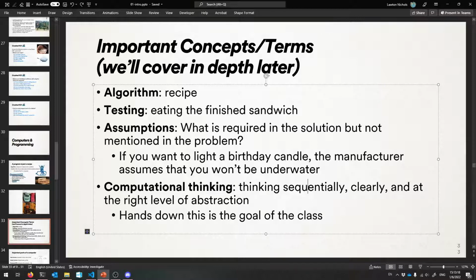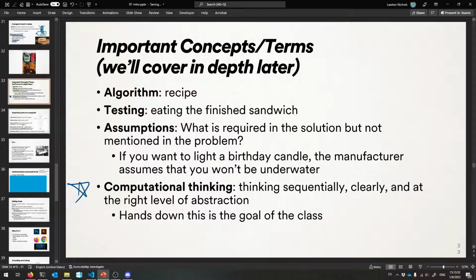And then also finally computational thinking. That's thinking sequentially, clearly, and at the right level of abstraction that the computer can understand. And that is the key of this class. Okay, that's what I'm trying to teach you. Okay, so those are the things that you're going to learn. Are you ready? So we're almost ready to get into our real first programs, but first I want to just